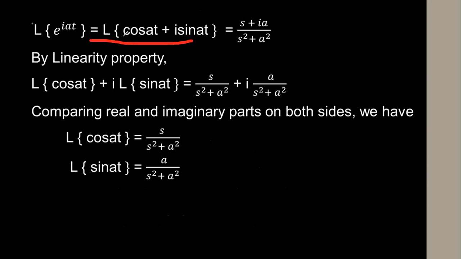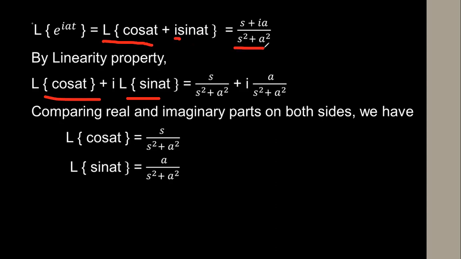What is the linearity property? If you apply the Laplace transform to the sum of two or more functions, that can be written as the sum of the Laplace transforms of the individual functions. So now we have to apply it: Laplace transform of cos at plus i, where i is imaginary, into Laplace transform of sin at is equal to